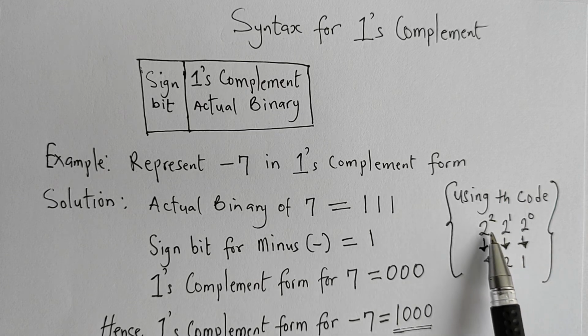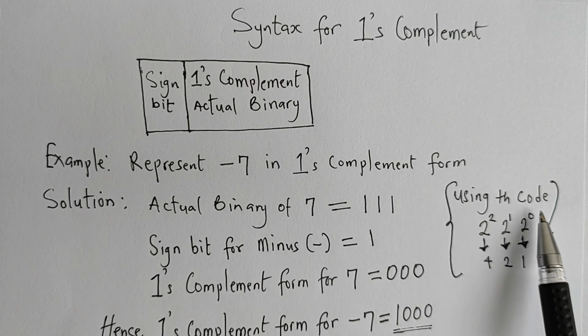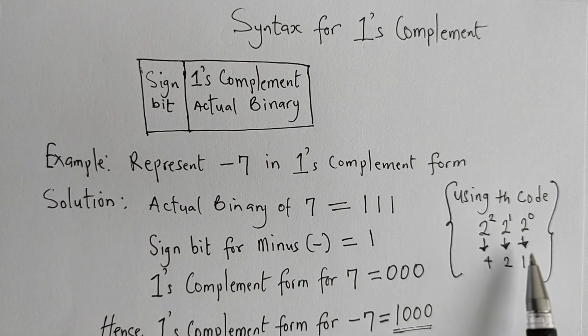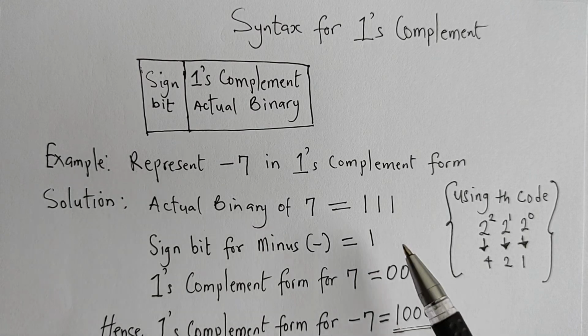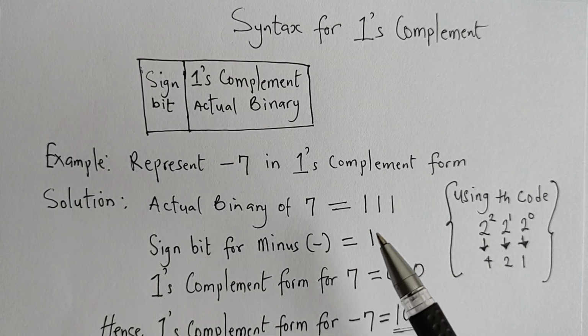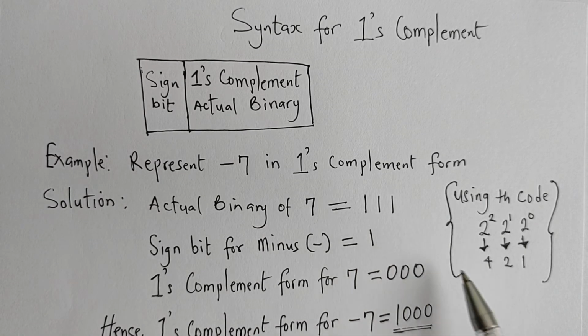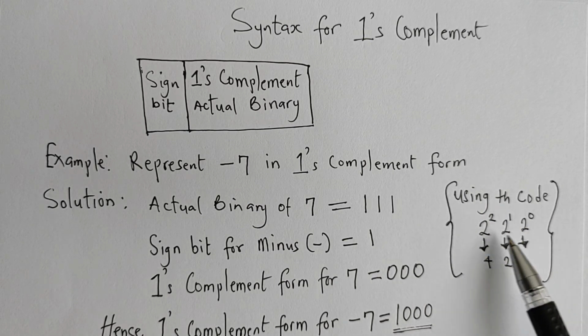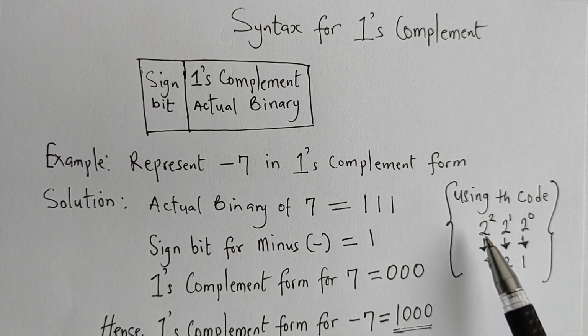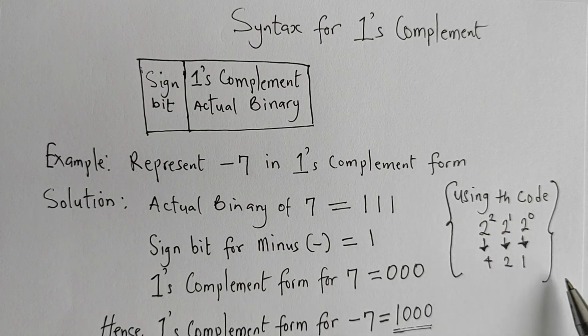Now you have 2 raised to power 2, 2 raised to power 1, 2 raised to power 0. Now we are conversant with this direct method. Since we know that the minimum number of bits required to represent 7 in the binary number system is 3, that is why we're using this direct method, where we have the highest value to be 2 raised to power 2, so that we can have just